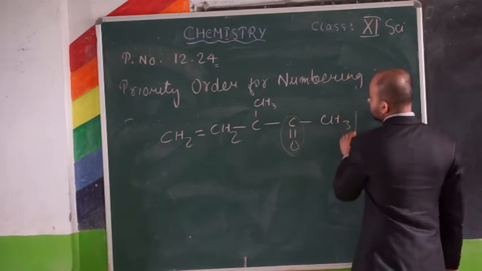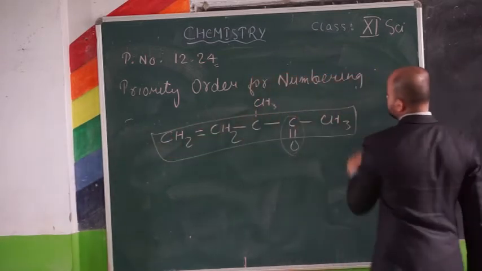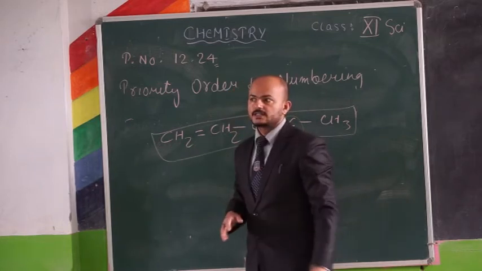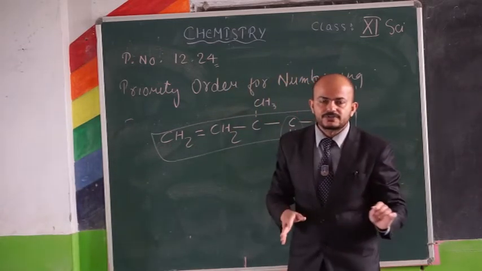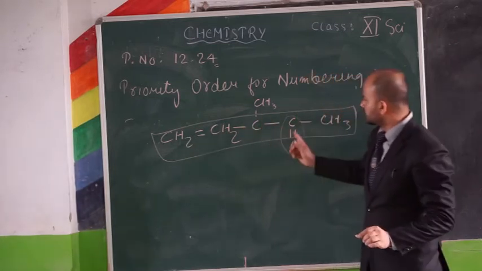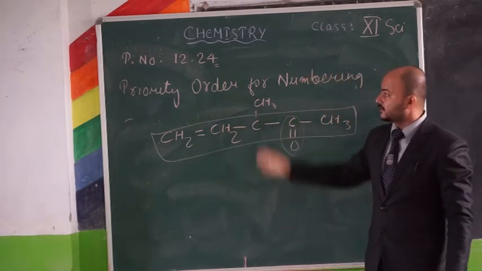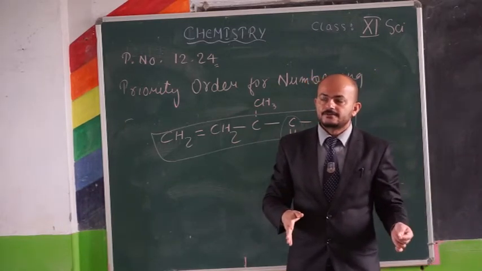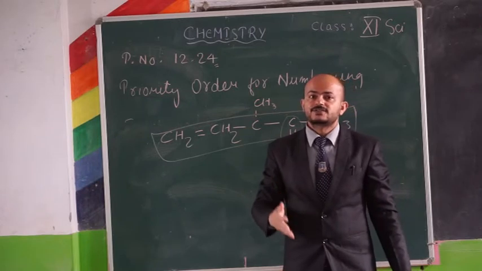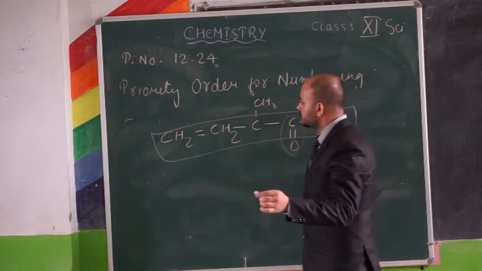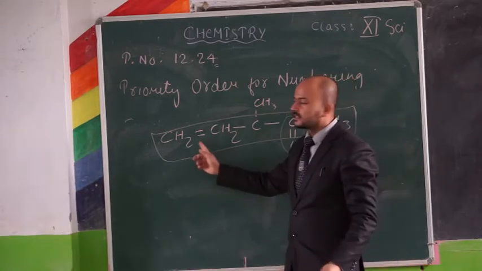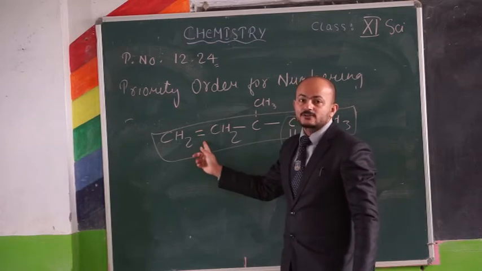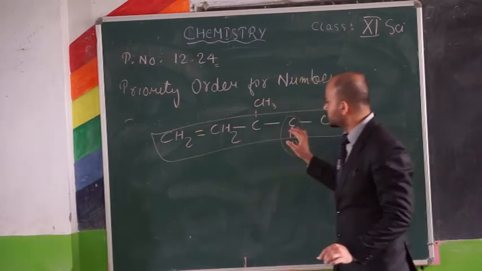This is your functional group, so this is your longest continuous carbon chain. Now you have to start numbering. If you start numbering from here, the double bond comes first. You have to identify which groups are present. Double bond is present, functional group is present, CH3 is present. Now you have to start numbering from the side from which the functional group comes first. Please remember, don't be mistaken that you saw the double bond over here and started numbering because it comes at carbon number 1. No, that would be correct